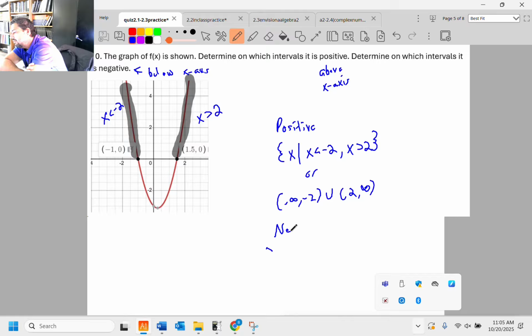Now let's do negative. The negative space is below the x-axis, which is all this stuff right here. And it happens when x is literally stuck between